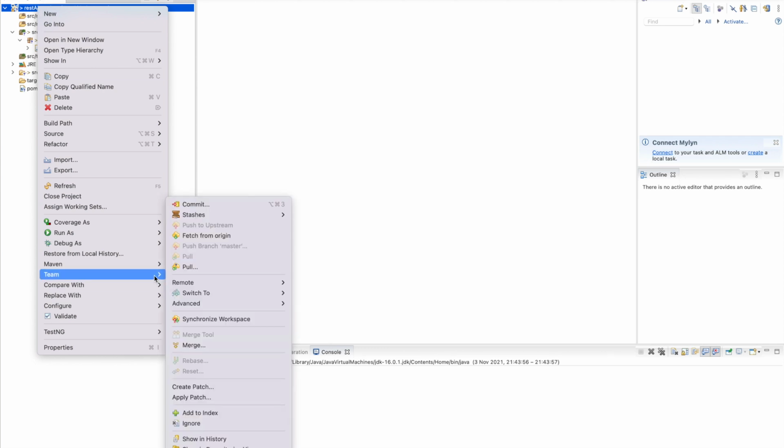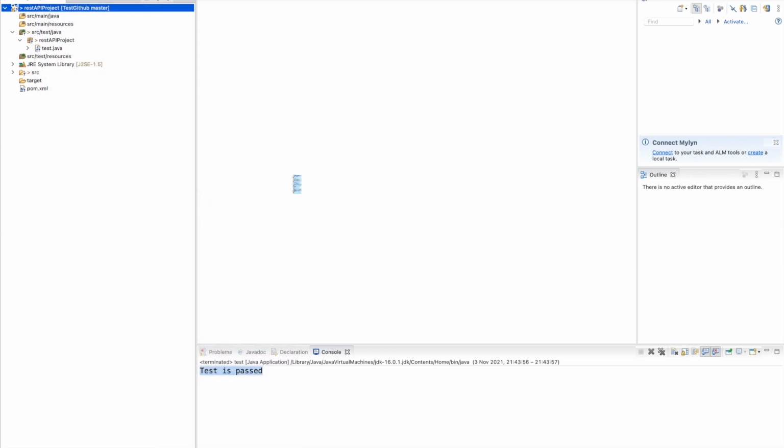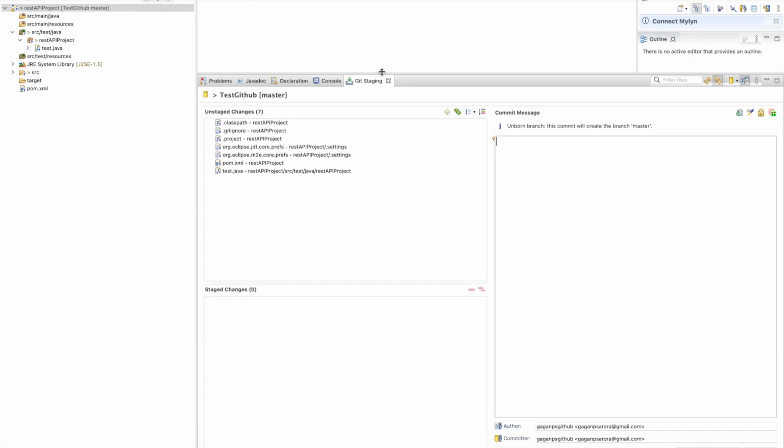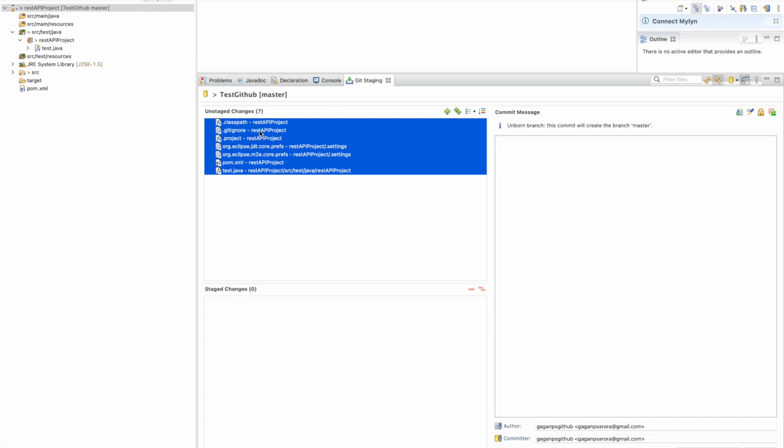I will again go back here, and these are the steps that you have to do in your project also to push your code from your local project to your GitHub repository that is hosted on GitHub. So I'll just go here and I'll click on Commit. When you click on Commit, you'll see a new window coming up that looks something like this. It will show you all the details, like which files are there and which you want to add. So let's say I want to add all the files. I'll just click on Select All.